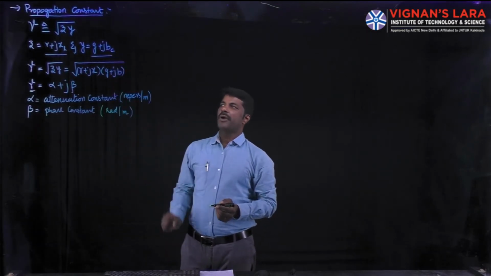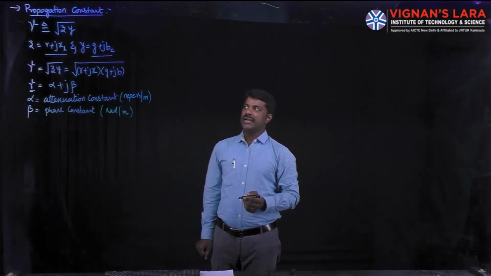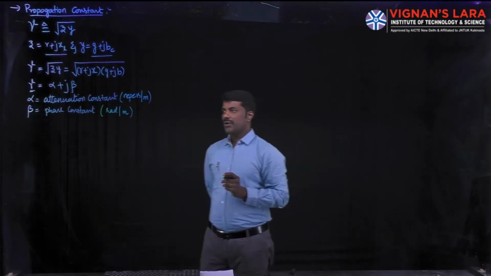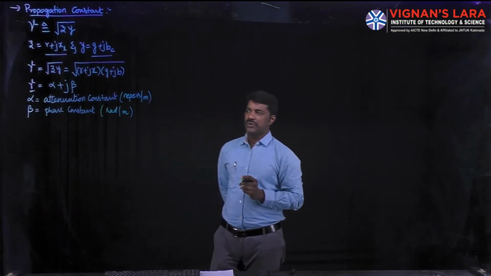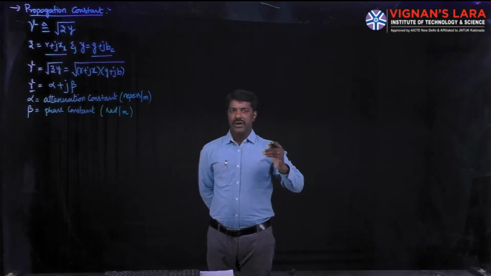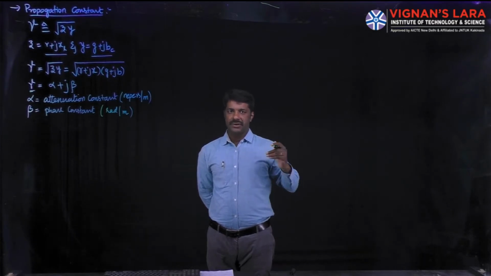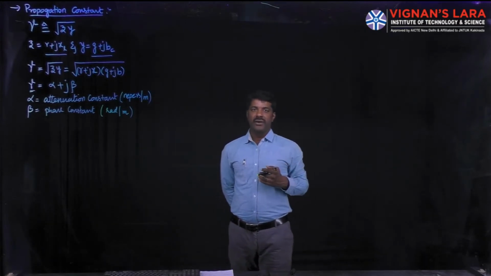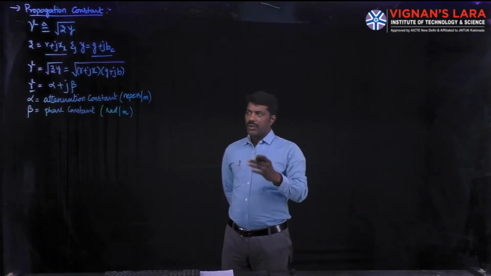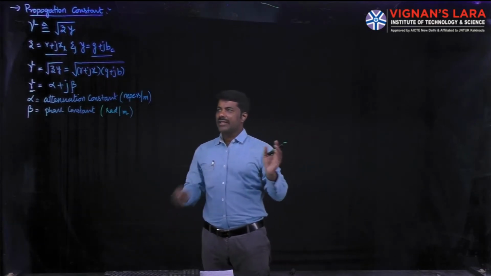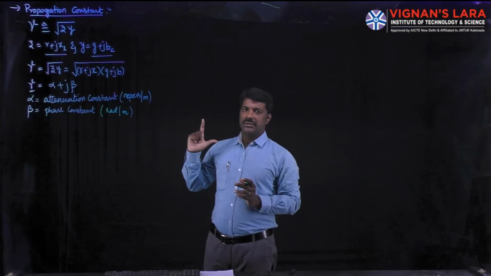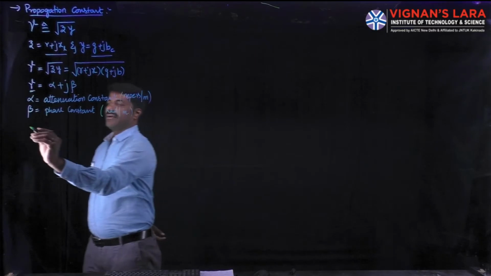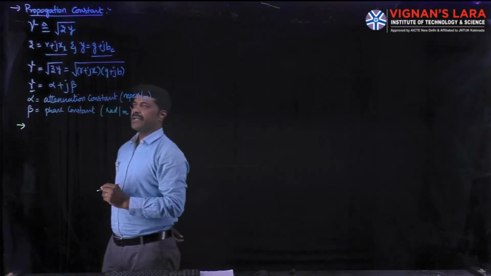This is about the propagation constant, and as I told you at the start of today's class, we are discussing short bit answers. You can expect this type of question from this unit: explain the following terms, 1, 2, 3, 4, like that. The first may be propagation constant, next wavelength, next velocity of the propagation wave, and so on. We will have small bits all together, or they may ask it as a big question. So all these are short answer bits. So the propagation constant is alpha plus j beta.